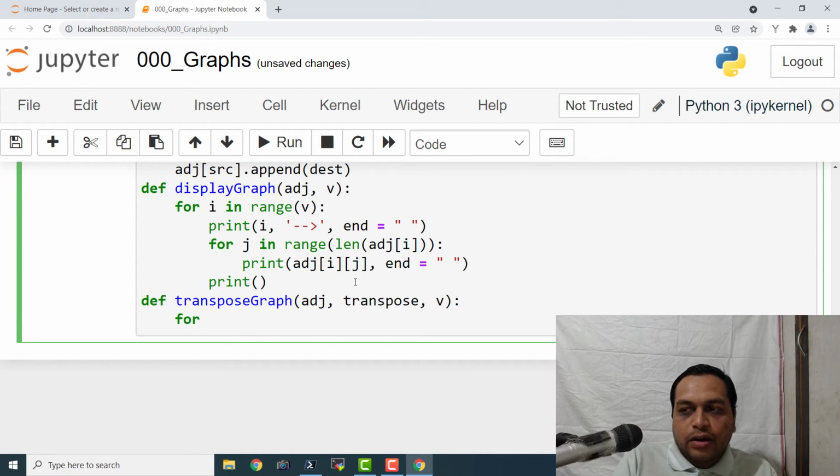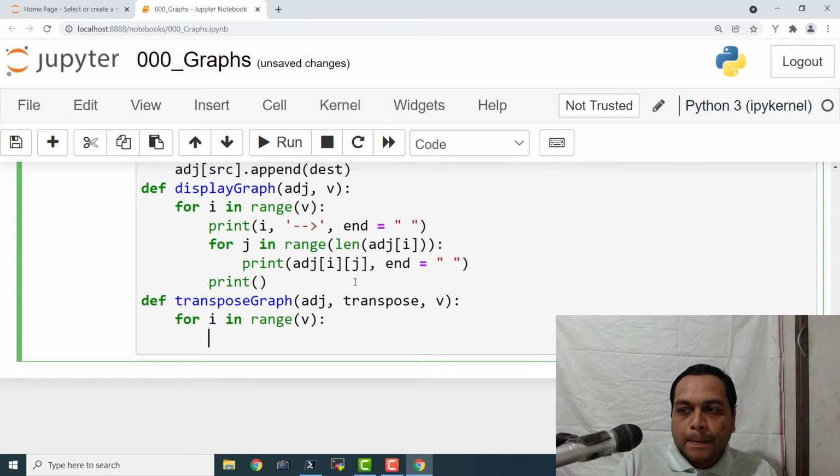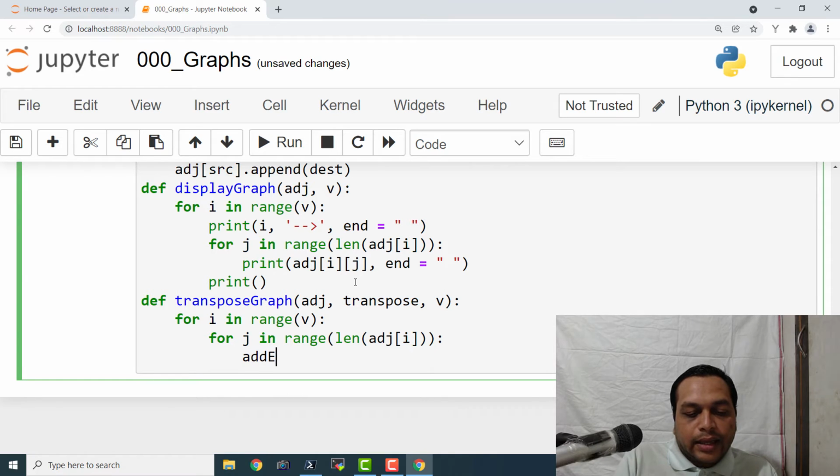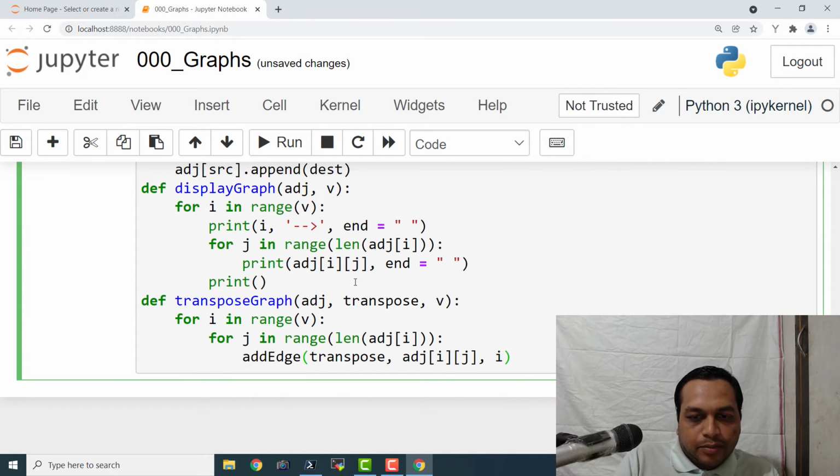Now we are going to say for i in range of v, for j in range length of adj of i, and add edge transpose, comma, adj of i, j, comma, i.